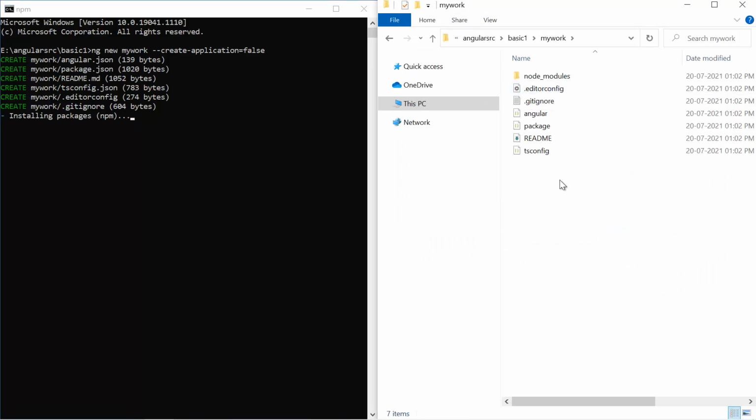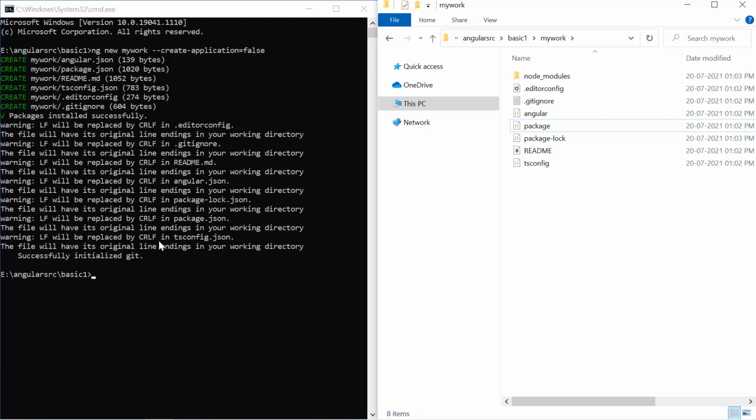Here you can see that we have all these files, 1 2 3 4 5 and 6, and a list of all the packages required for this workspace is in this package.json file. We will come to the details later, and the actual packages are being installed in the node modules folder, and the same command is running over here. Now you can see that the workspace has been created for us.